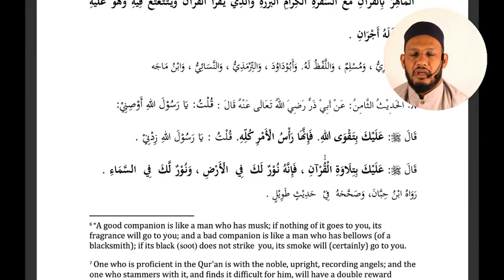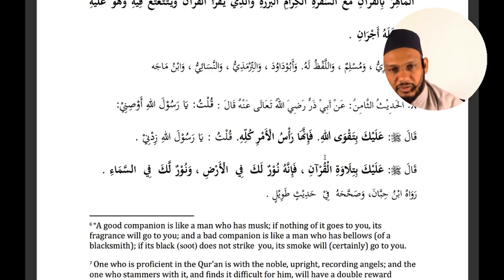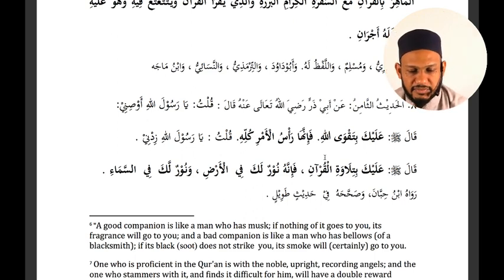From the beginning, from the text. يا رسول الله أوصني. قال عليك بتقوى الله فإنها رأس الأمر كله. قلت يا رسول الله زدني. قال عليك بتلاوة القرآن. Again. قلت يا رسول الله أوصني. قال عليك بتقوى الله فإنها رأس الأمر كله. قلت يا رسول الله زدني. قال عليك بتلاوة القرآن. If you find it difficult, you can just memorize the words in bold, to make it a bit easier for yourself.